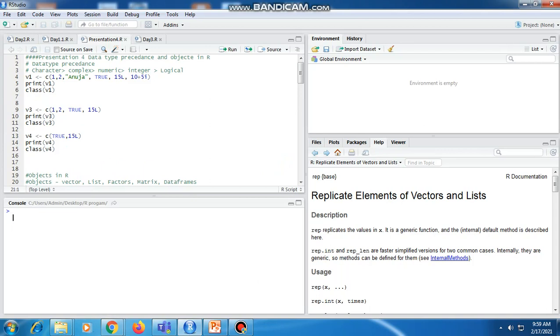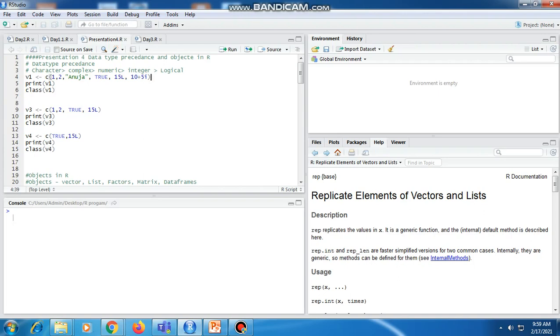So first of all we'll see data type precedence. To check the precedence of data types, we have assigned different types of values to one variable, that is variable v1, with function c. So we'll execute this.